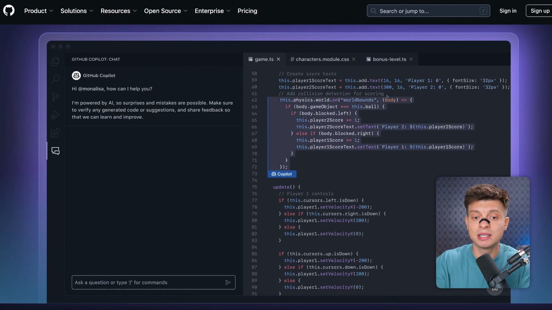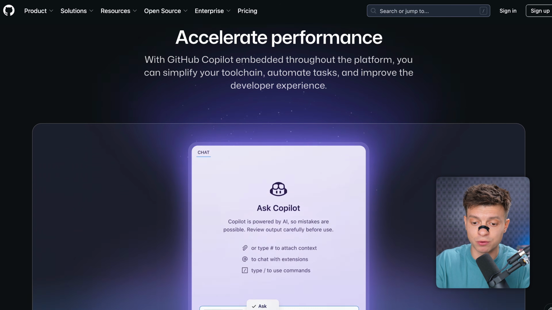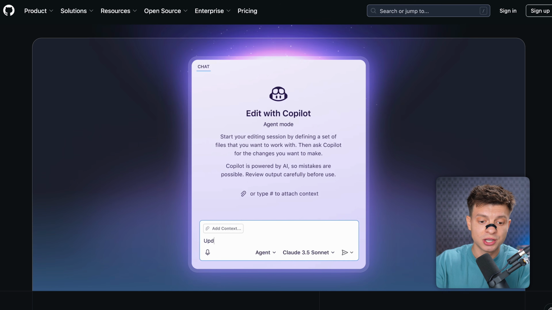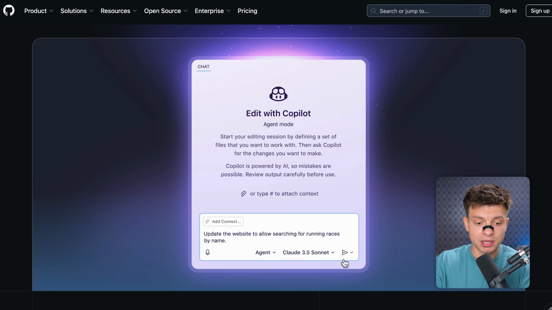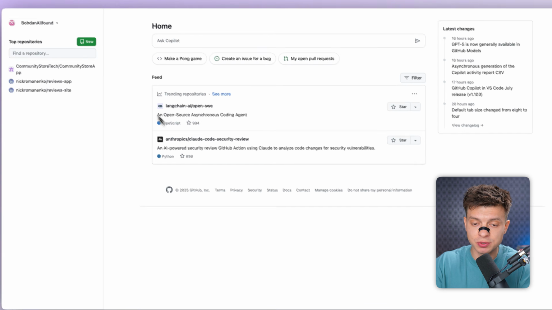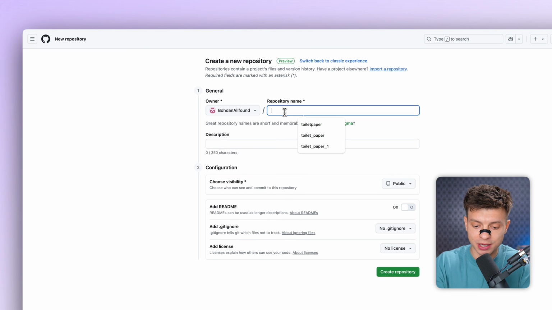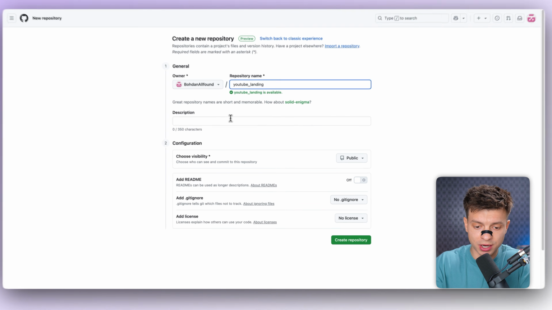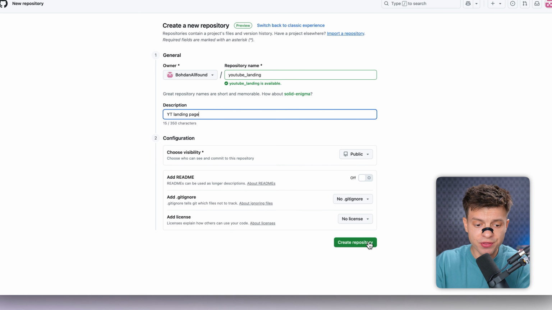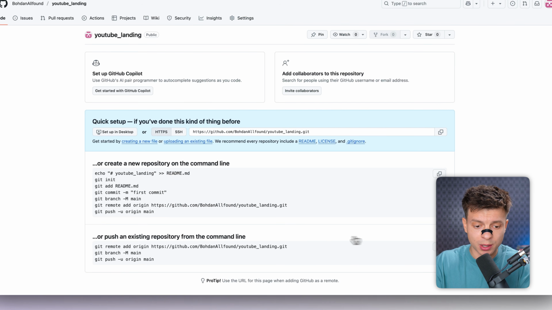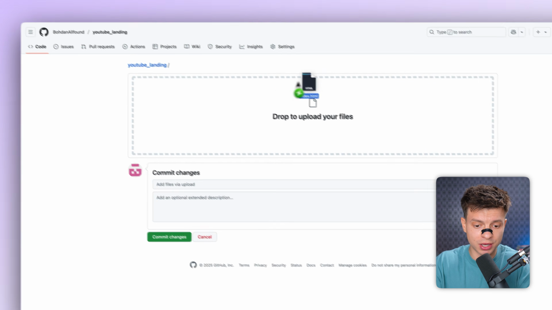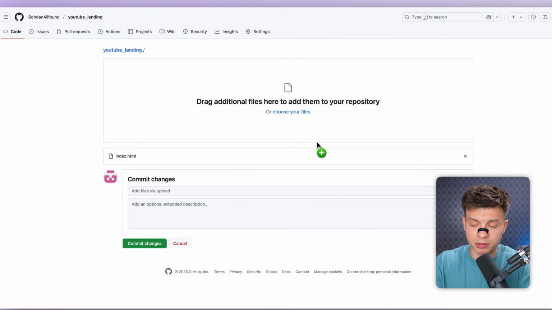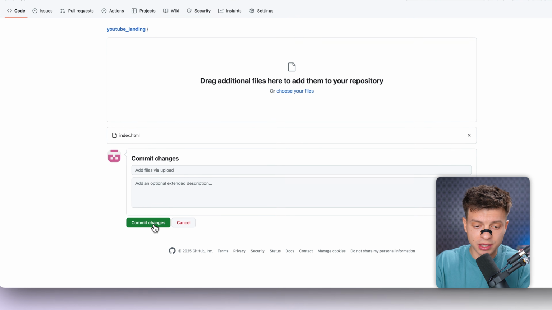If you're not familiar with it, GitHub is basically an online storage space for code where you can keep your projects, share them, and connect them to other tools. So once you've signed up for GitHub, just click New to create a new repository, give it a name. In my case, I'll call it YouTube Landing. For the description, I'll write YouTube landing page, and then just click Create Repository. Once the repo is created, you'll see an option to upload an existing file. So click that, just drag and drop your index.html file, the one we copied from ChatGPT earlier, and click Commit